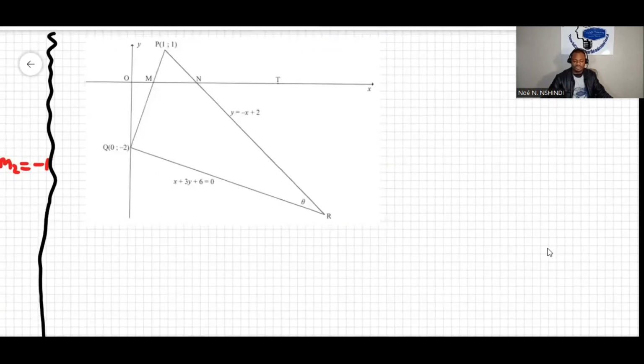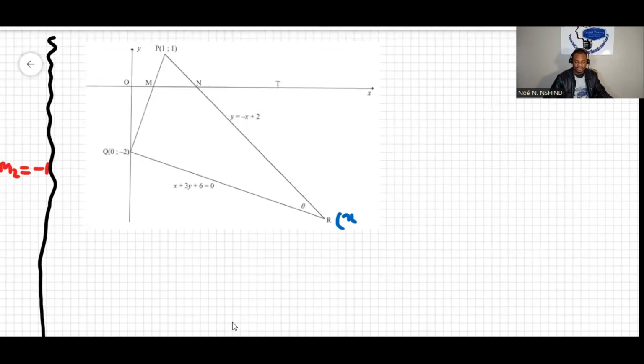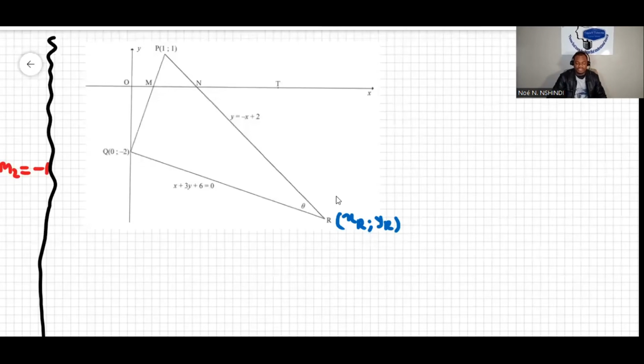Here's the graph. We need to find the coordinates of the point R. The point R has two coordinates, x and y. I can call it xR and yR. We notice that this point R is at the intersection of the two lines, the lines QR and PR. At the intersection, it's where the two lines meet. In other words, the equations are equal, so we are going to equate